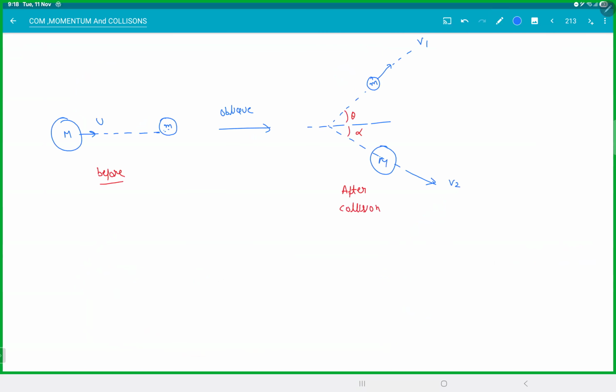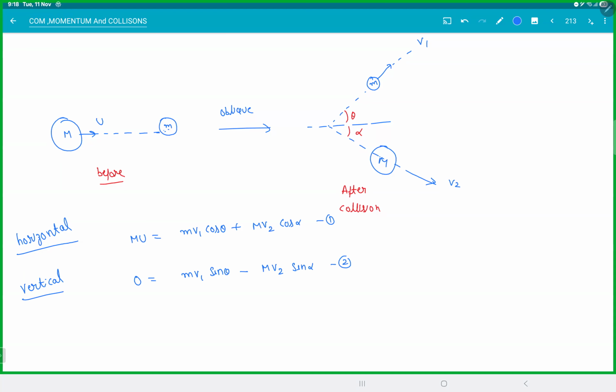Anyway, we know only two things: conservation of momentum, and since it's an elastic collision, conservation of energy. So horizontal momentum: Mu is equal to small m v1 cos theta, you take only the horizontal component, plus capital M v2 cos alpha. Vertical momentum initially is 0. So finally it should be m v1 sin theta minus capital M v2 sin alpha. That's your equation 2,